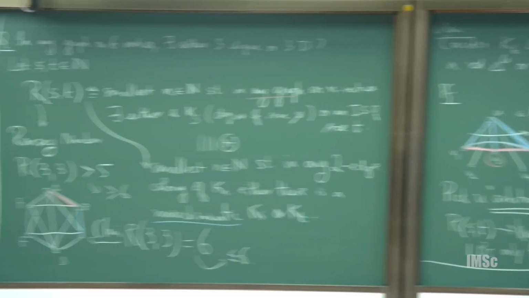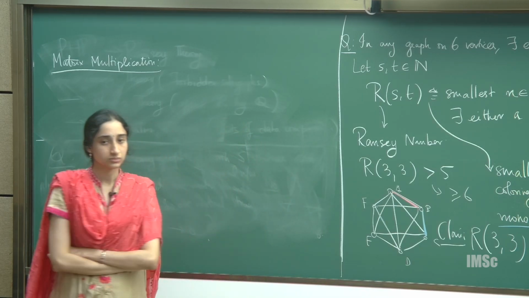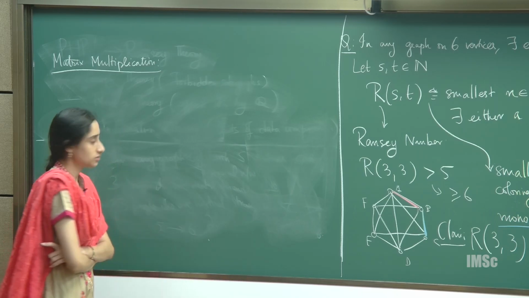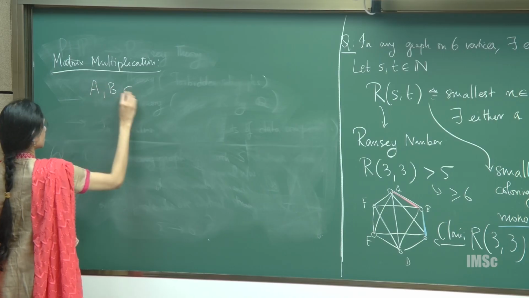So can you state the problem? Meaning, what is the input, what is the output? Two matrices are the input and their product is the output, right? So there are two n cross n matrices, A and B, which are in